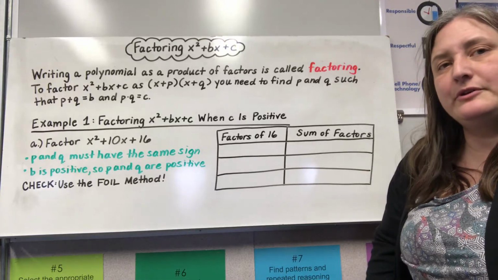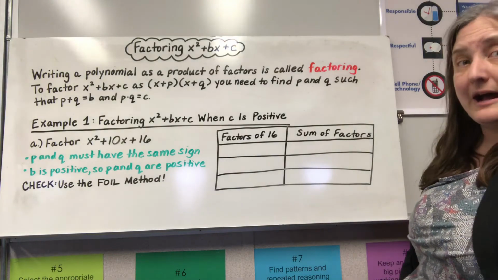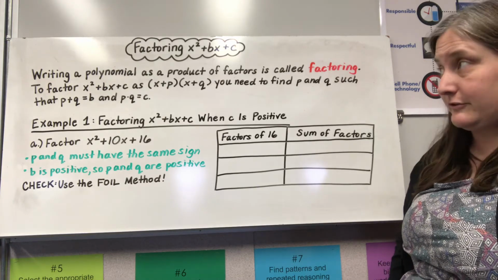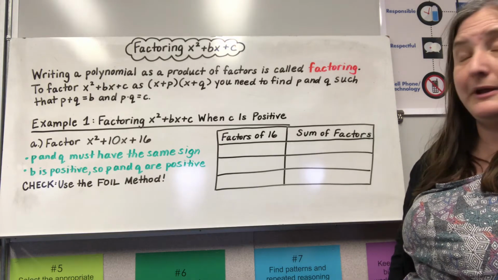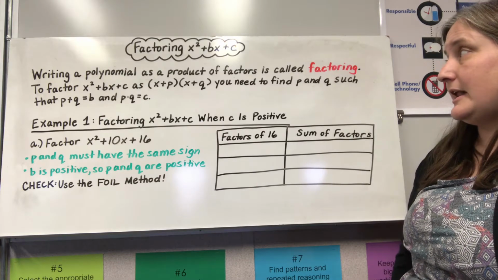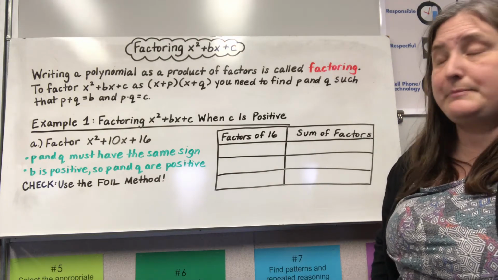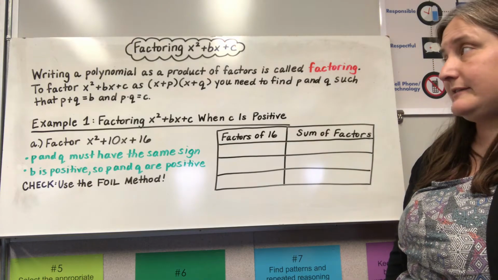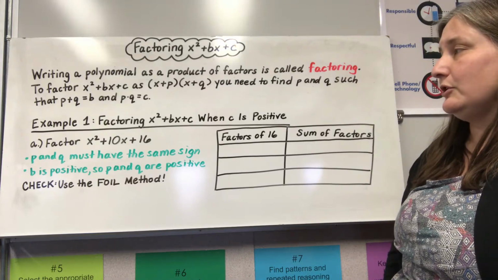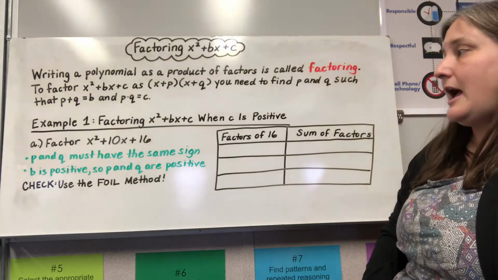This is factoring polynomials in the form of x squared plus bx plus c, where b and c are constants. So when you're writing a polynomial as a product of factors, it's called factoring. To factor something like x squared plus bx plus c into two binomials, x plus p and x plus q, you need to find p and q. Now the things we know are p and q should add up to our constant b, and p times q should equal our constant c. When we're looking at a problem like x squared plus 10x plus 16,